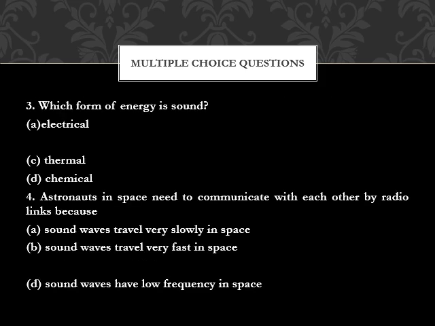Next one is, which form of energy is sound? Electrical, mechanical, thermal, and chemical. And the right answer is mechanical. Number 4. Astronauts in space need to communicate with each other by radio links because